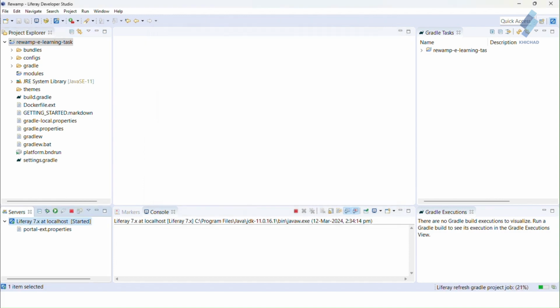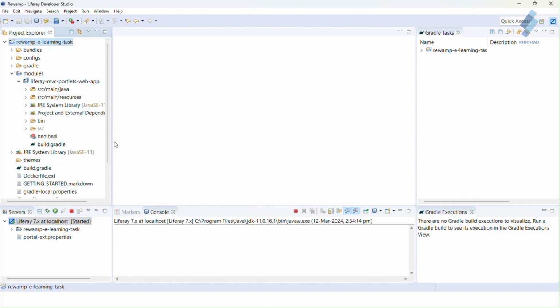Once you click the Finish button, it will generate all required files for the Liferay MVC portlet with the default content from the template you selected. The module will be created inside the modules folder of our workspace. Wait until the module is built and created. Now you can see your portlet is created successfully.